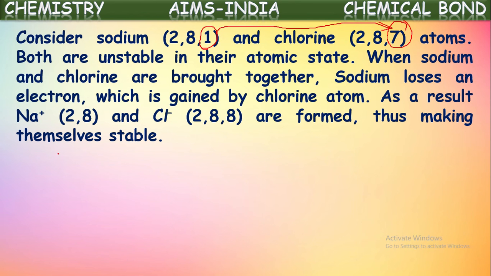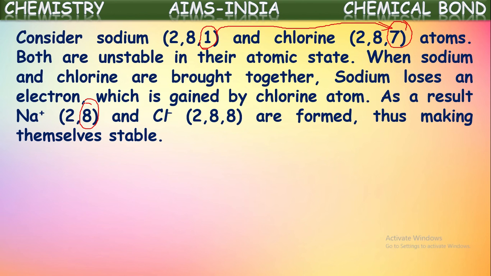As a result, Na plus and Cl minus are formed, thus making themselves stable. So what is happening here? Sodium has only one electron in its valence shell, hence it is not stable. By losing that one electron, sodium will become a Na plus ion with configuration 2, 8. If you observe here, the configuration now has an octet, meaning 8 electrons in its outermost shell, hence it